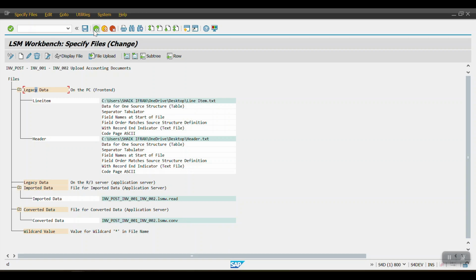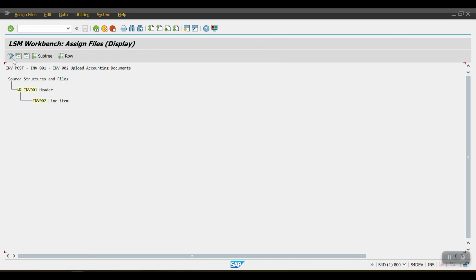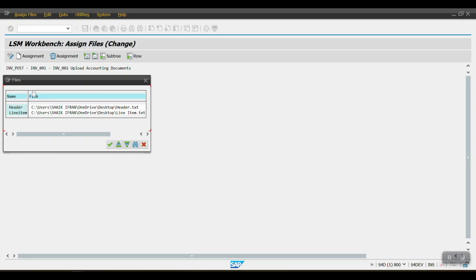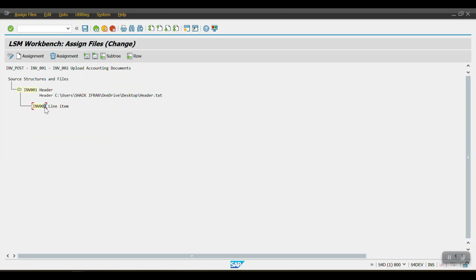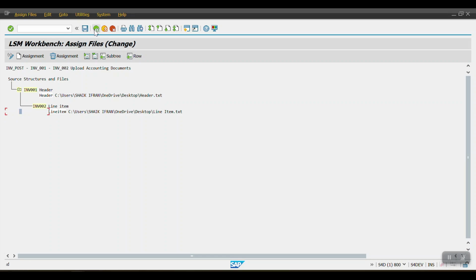Okay, and then click on save, then go back and assign files, just click on edit, and here just click on header and click on assignment and select the header, and in the invoice to line item here click on select and click create assignment, and then select the line item, and then click on save,